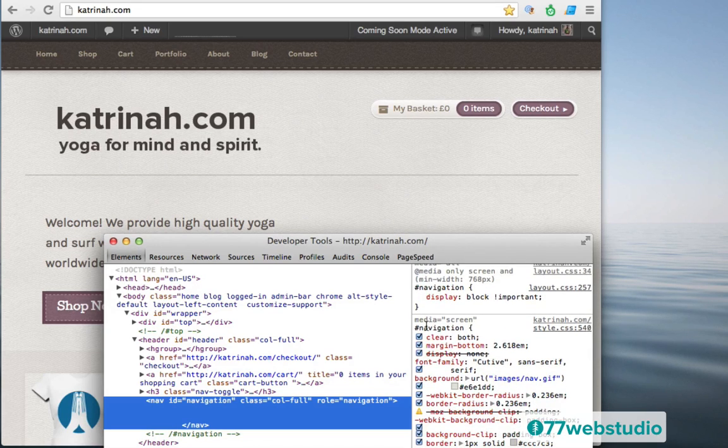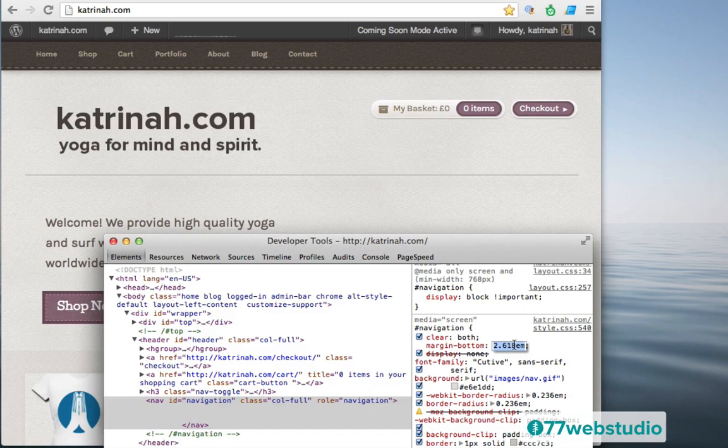So you can actually edit it within this window just to experiment and test it and see what happens. It will not be saved yet, but you can just try things out on the right hand side and experiment and see what happens when you change the code. So for example, here is the pound navigation, and there's a space and an opening tilde bracket, and then it says margin-bottom is 2.618 em.